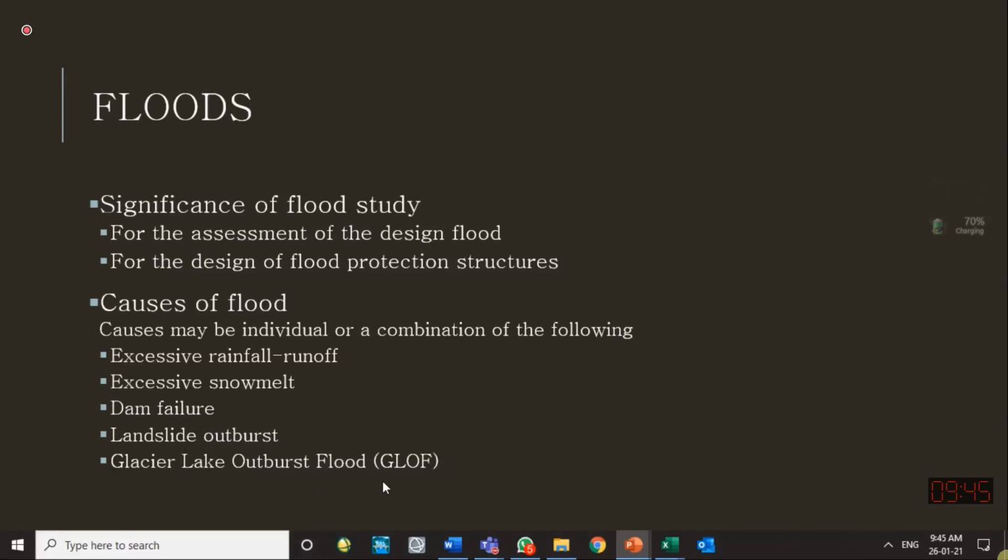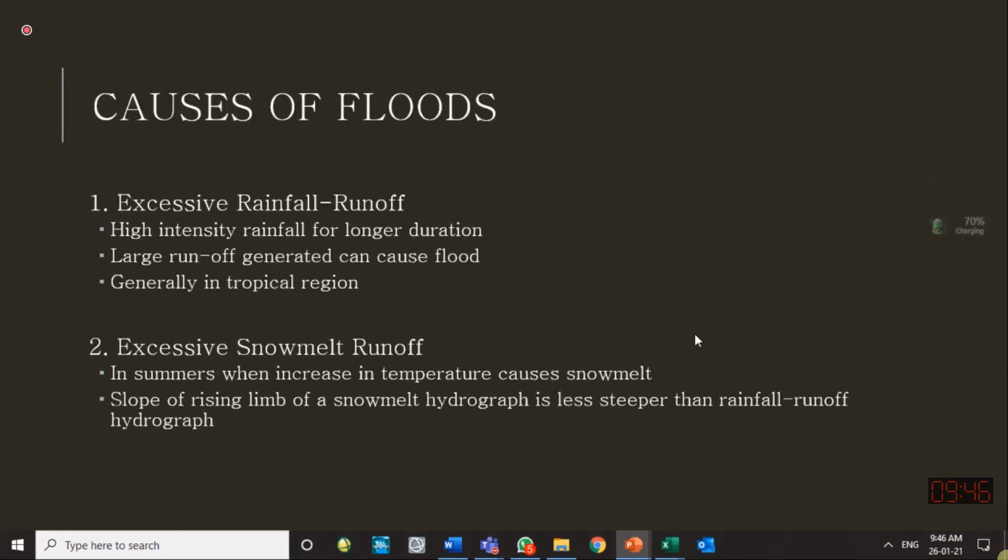Sometimes glacial lake outburst floods occur, GLOF. These GLOFs are becoming more and more frequent events in present day climate change scenarios. Climate change is increasing the temperature, and those reservoirs which have generated because of glaciers, glaciers have stopped the flows in a certain part of the river, and when temperature rises, that glacier or that snow melts and a dam break like event occurs, and a high flood can occur on the downstream side.